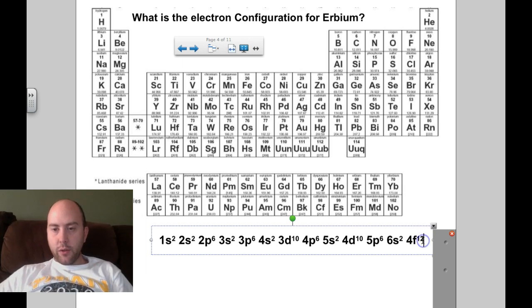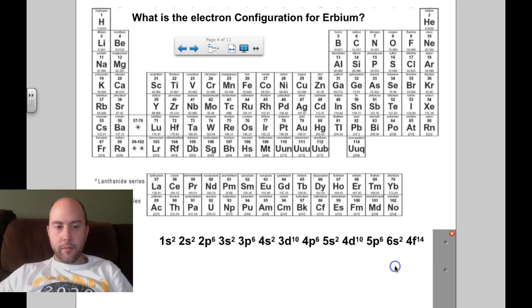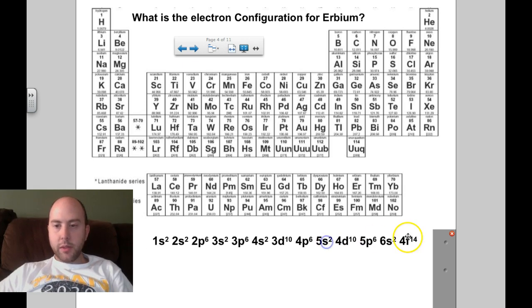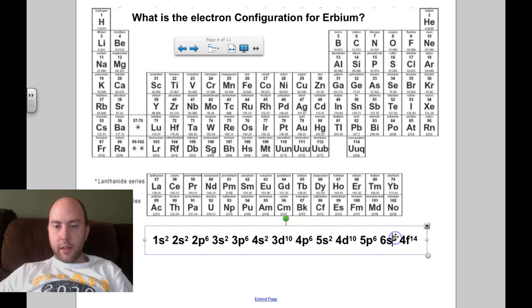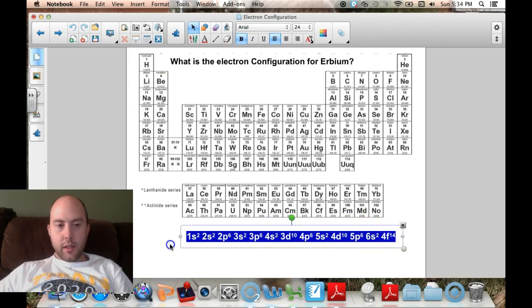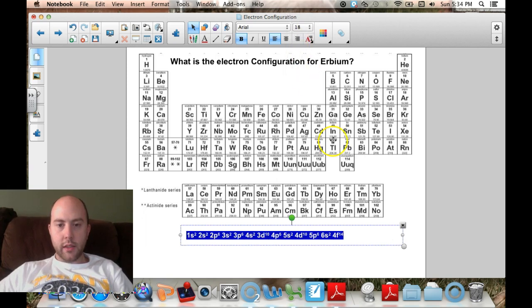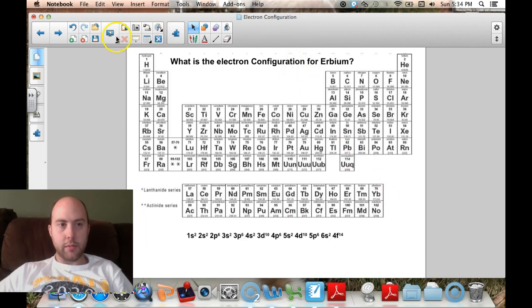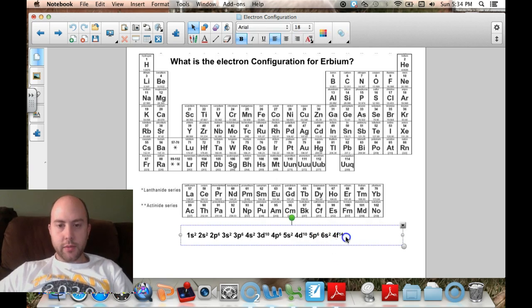I don't know if I have enough room. I might have to make the font smaller. Slide it over, maybe. In fact, let me get rid of that. I'm going to have to make it smaller. Let's change the font size. Let's go 18. Okay, more than enough room now. So to do this,